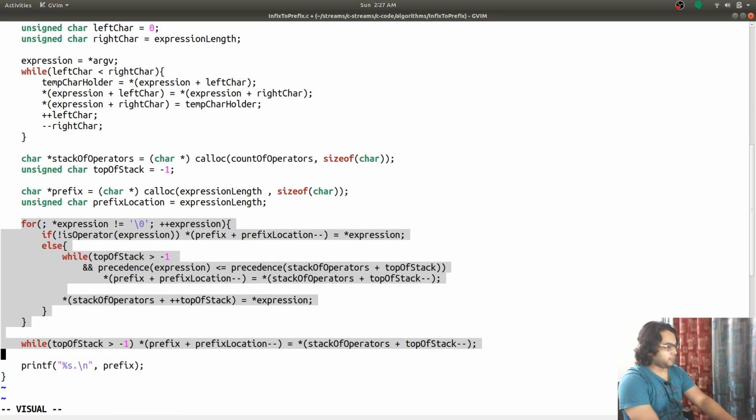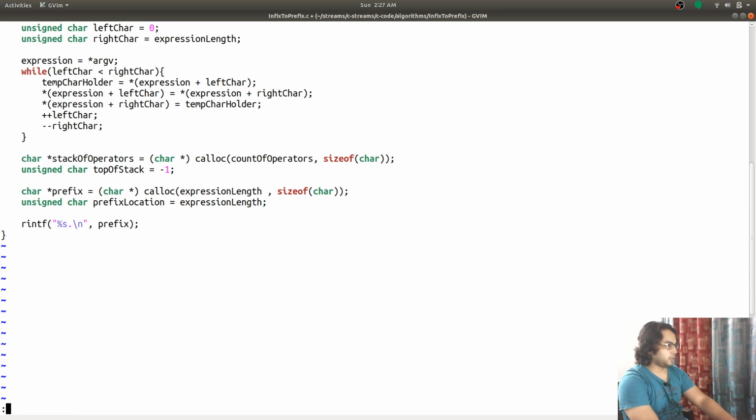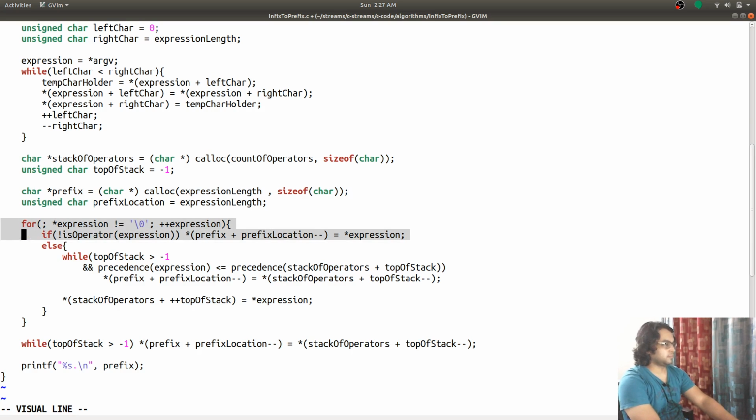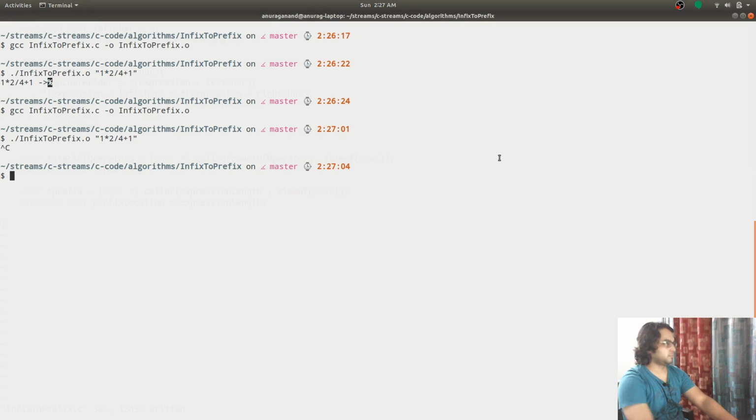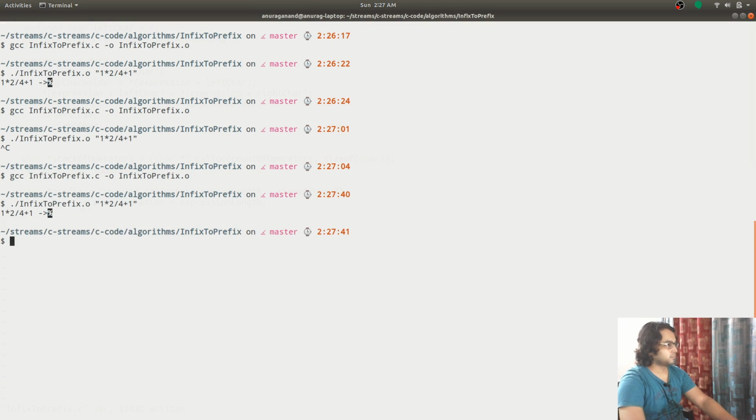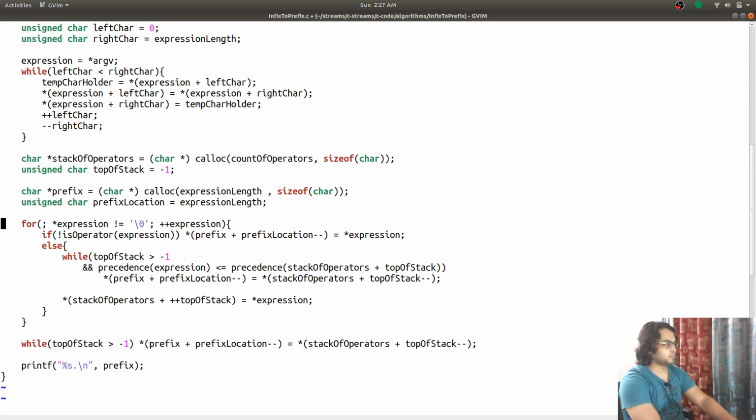I don't find any logical issue here, but I'm not able to run it. Let's do some debugging. Expression is operator and